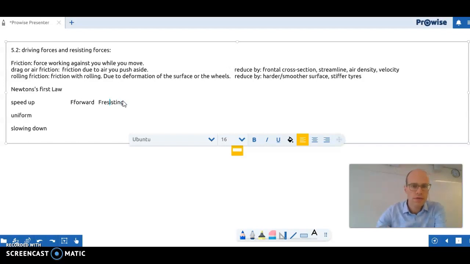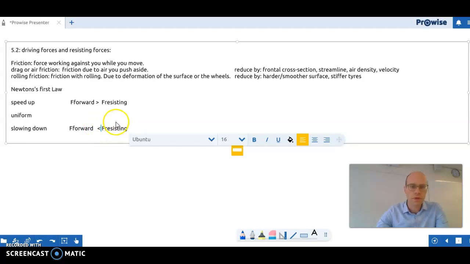That means that the forward force is greater. If we slow down, then basically what you do is stop pedaling, so the forward force becomes 0, and the resisting force is still there because you're still moving, or you're even braking. You have a larger resisting force, and that means that now the forward force is